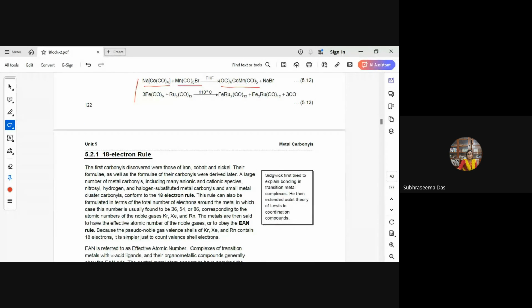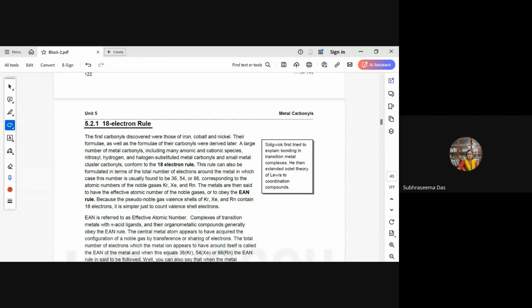Now coming to the 18 electron rule. The 18 electron rule deals with the calculation of the number of electrons present around the central metal atom. A large number of metal carbonyls, and even halogen substituted metal carbonyls, usually obey the 18 electron rule. The 18 electron rule is used to find the total number of electrons around the metal atom,